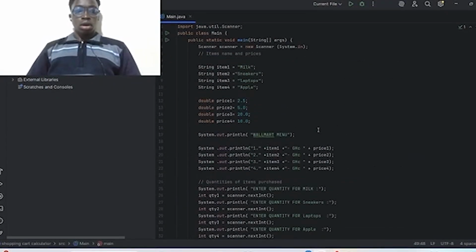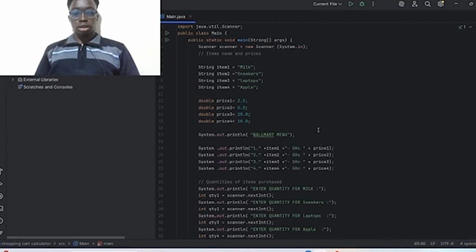Hi everyone, I'm Solomon Ankrah, and now I'll be explaining how the program collects the user's input based on the menu Alfred just showed us. After the menu is printed, we use system.print to ask the user for the quantities of each item they want to buy. For example, it says